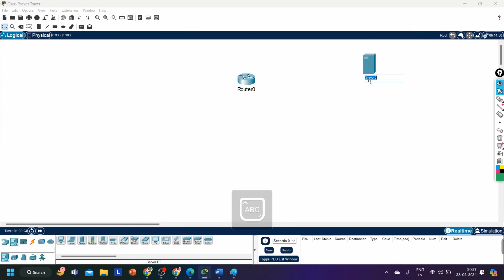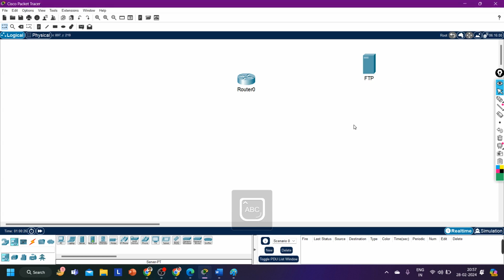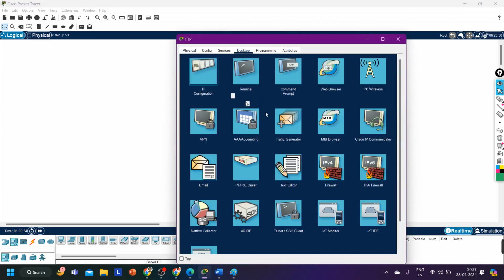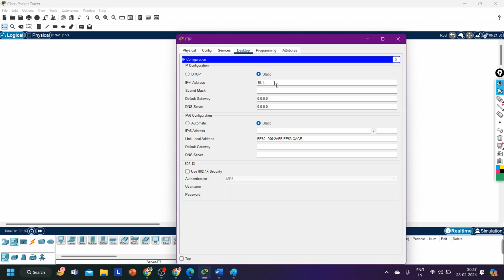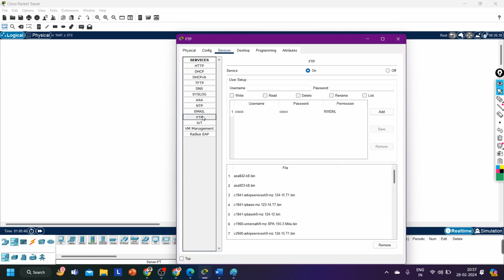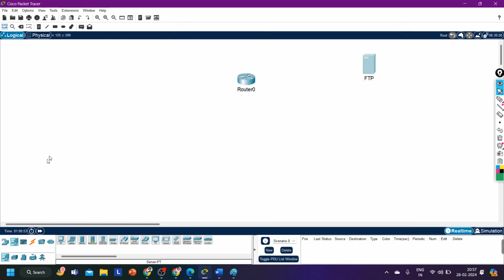Let's say you have one server over here, right? Let's say this is FTP server, again file transfer server. So I'm going to save my configuration to TFTP server. Now guys, let me open the TFTP server and let me configure one IP here, let's say 10.1.1.1, 255.255.255.0. Let me check the services FTP. By default it is on. Is there any file? For now there is no file, right? Let me exit it. Let me connect my router to the FTP server,